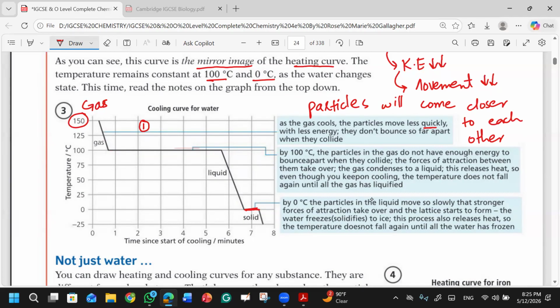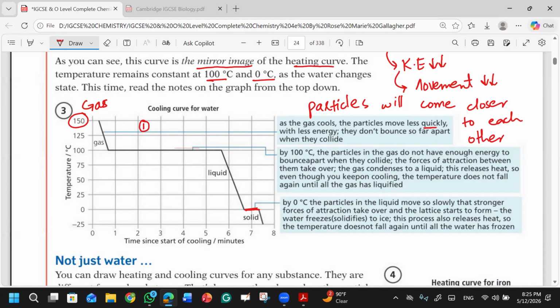Just like in the heating curve, when you see boiling water, what happens? The bubbles pop up on the surface of the water. Have you seen the boiling of water? So what happens is that the particles collide with each other because there is increased temperature, and the kinetic energy of those particles was increased. That is why. In this case, now you are cooling the gas, there are fewer movements, and when there are fewer movements, there is less bouncing of the particles. The particles will bounce very little.